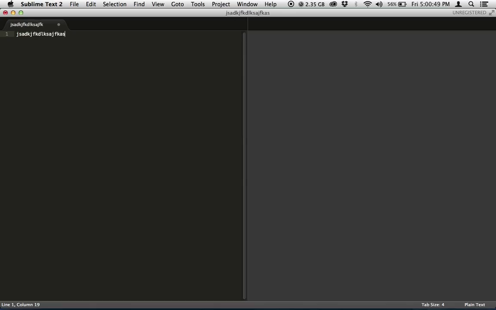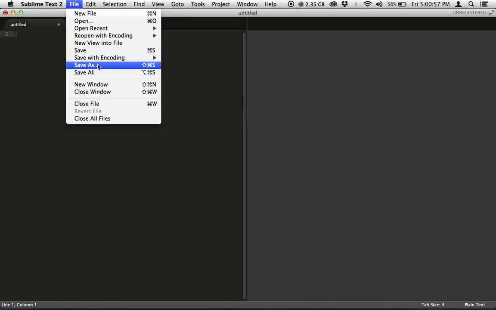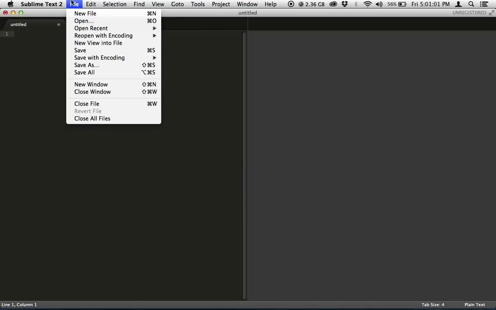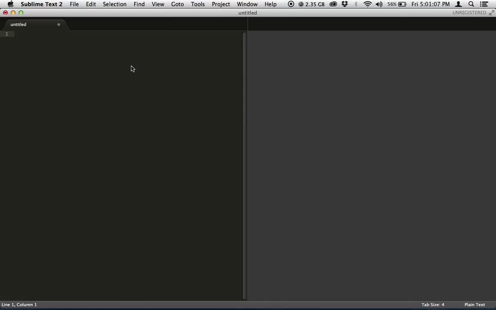So you can see I can just type in random words and the text editor reads them. The first thing we're going to do is save our file, Save As, although I suggest everybody start learning the keyboard shortcuts. The cool thing about Mac is that it shows you the shortcuts this way. But yeah, we're going to save it as